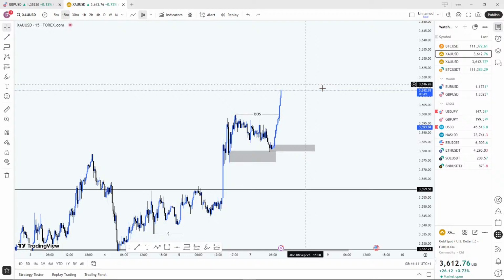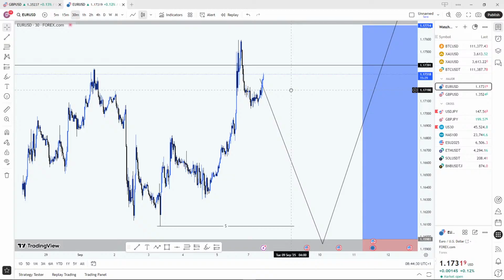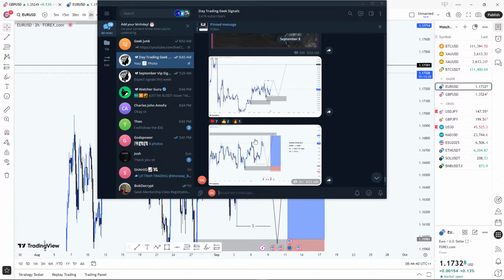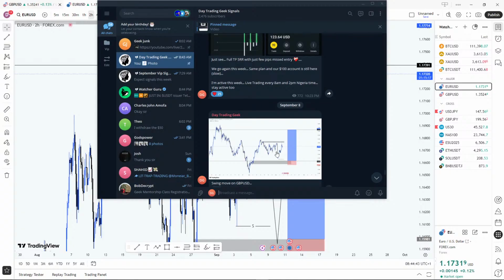Then on Euro USD, the buy still continues, which I told you the buy is gonna continue. We're gonna keep looking out for how we're gonna enter till it gets to this very order block right here. I believe I already dropped this very setup, this very swing move we're expecting on Euro. Yeah, it's like a buy limit. I've already sent it out. We're expecting a buy on GBPUSD and we're expecting a buy on Euro USD, so they do correlate most times. We're just gonna watch out for it to come back there, then we take our trade.